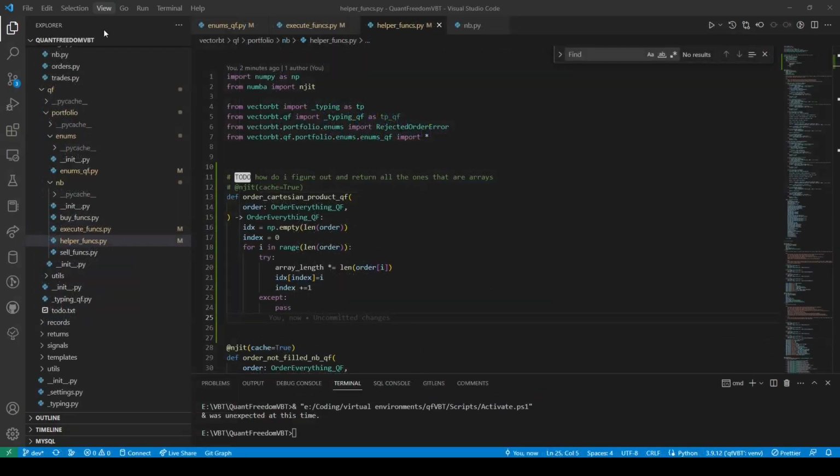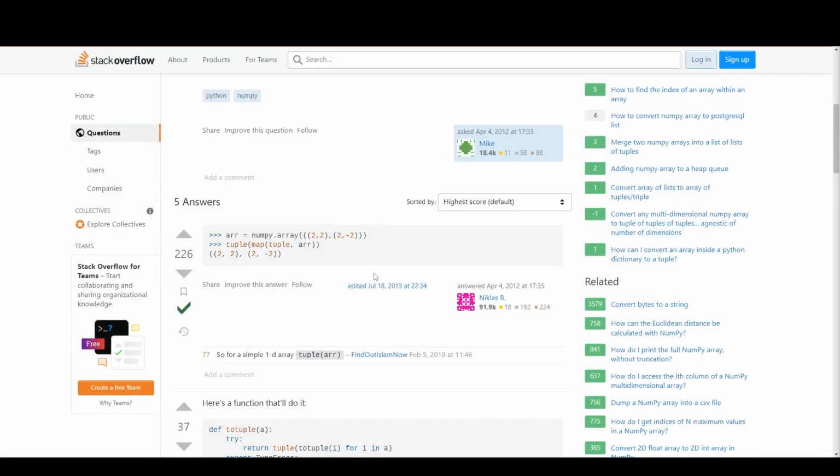Well, how do we get that over here? After we're done and we have this, then how do we create a tuple out of that? Well, I guess you could just do this.